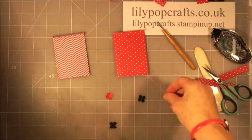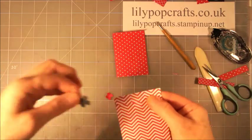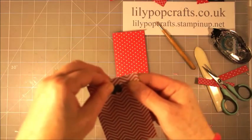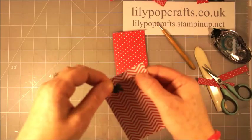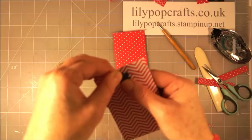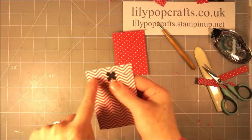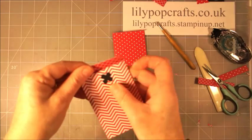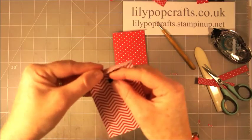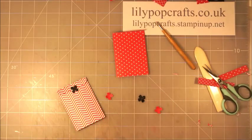Okay, so I'll pop these on. Just fold the flap over. You don't want it too high because you want to be able to get into it without bending the flower too much, and then just as near the centre as possible. So this will come out from under there, and then to get it back you just pull that little flower forward. So a little bit of fuse